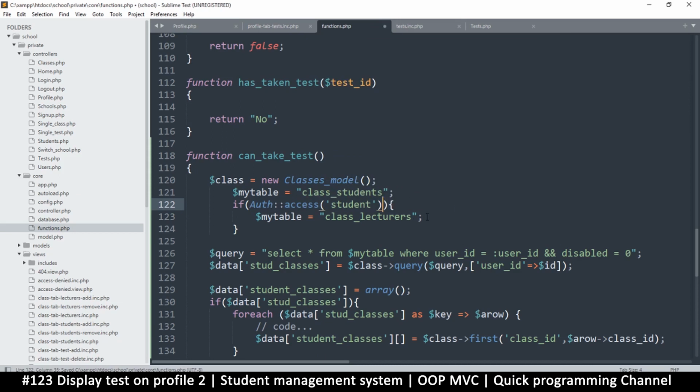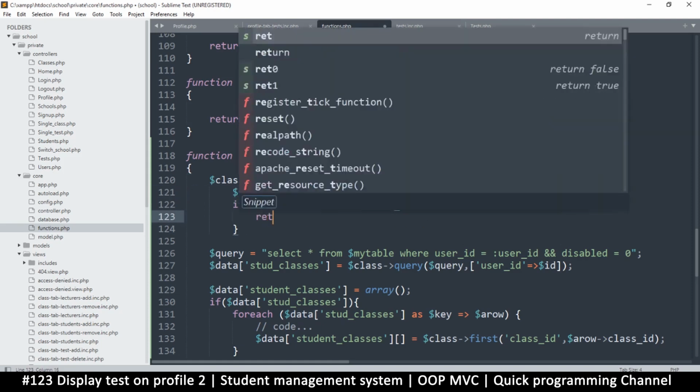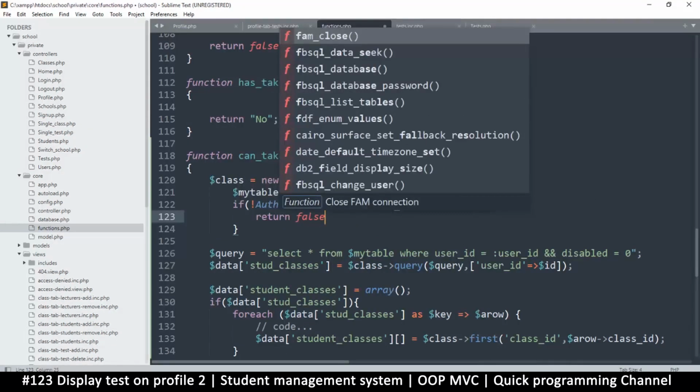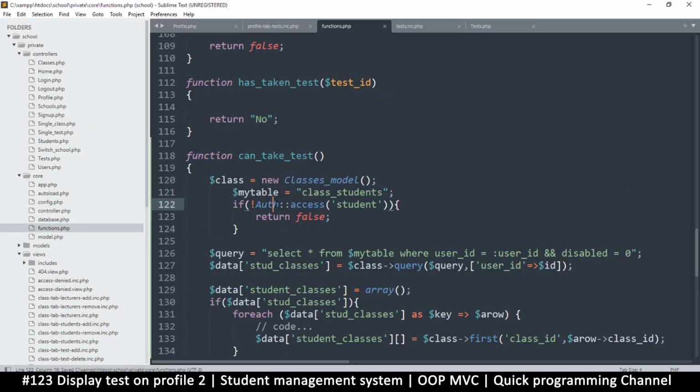This is only for students. So if not, let's put a not there like this. We don't need any other type of person. So table is always my class students. This other one is irrelevant. All we're going to do here is return false. So if not student,